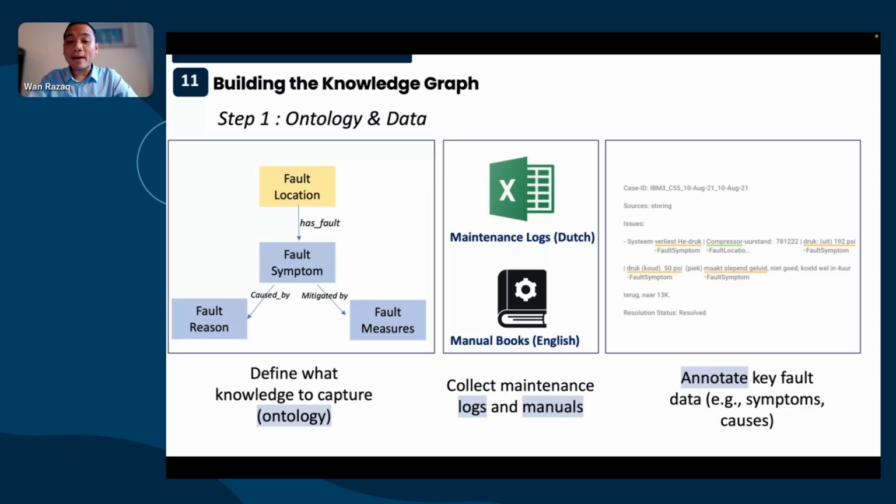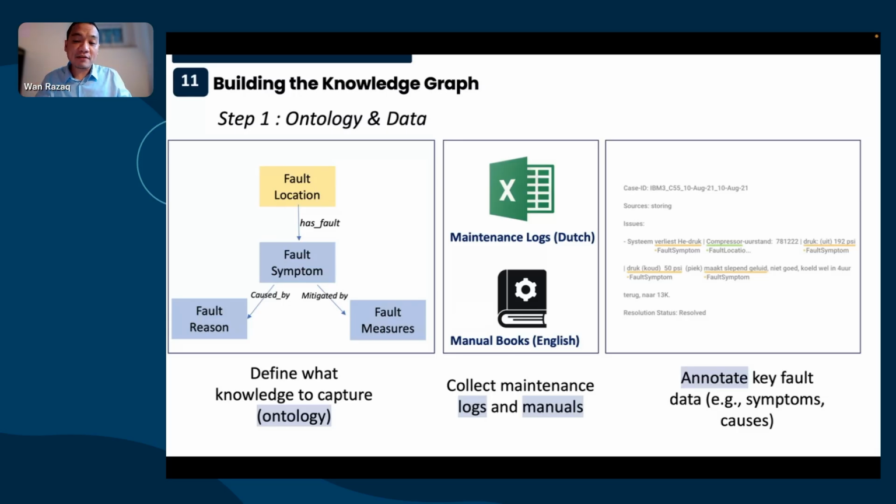And then the manual books of that particular machine from the OEM. This machine is manufactured by a company in the UK, so the manual books are written in English. So those are the sources of the data. And then I started to do annotation. This annotation is used for